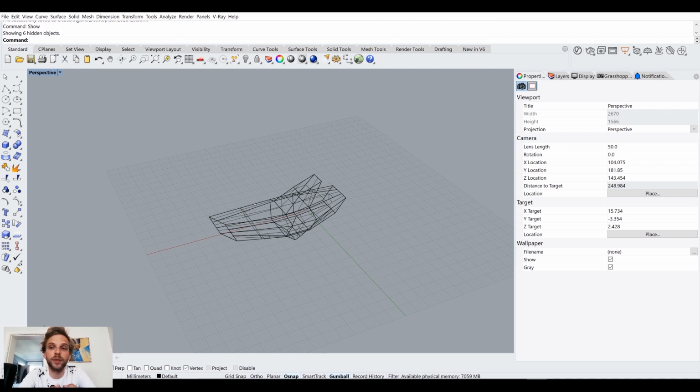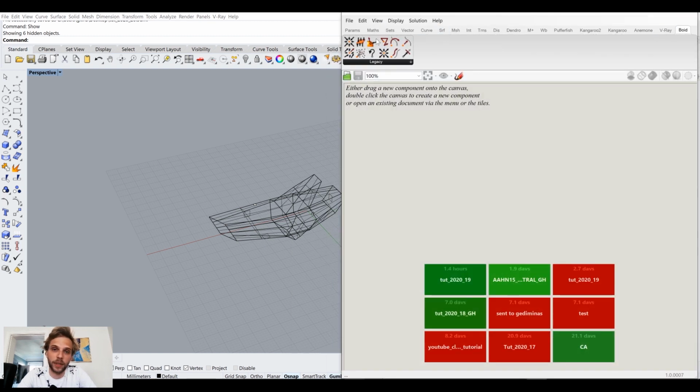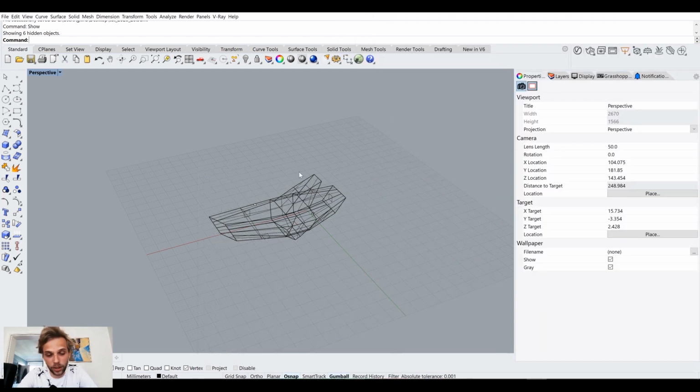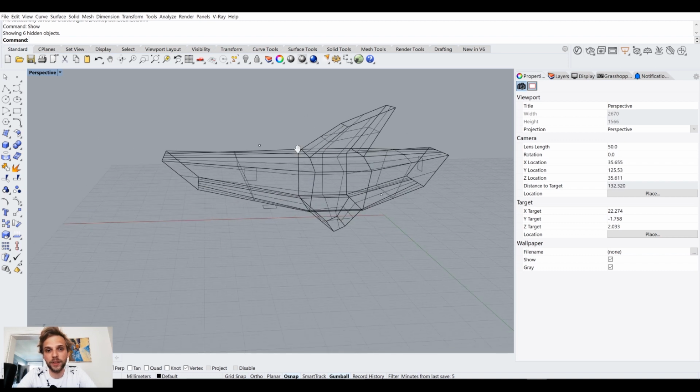Welcome to tutorial number 20 of our series, where I'm going to show you how to simulate swarms by using Grasshopper's plugin Boids, which you can download from Food for Rhino, and also Anemone, which is also available on the same website. We will start off with something that I've done in our previous tutorial number 19, this form right